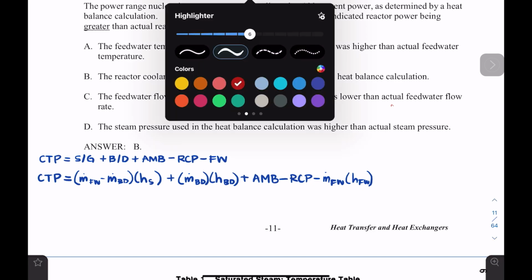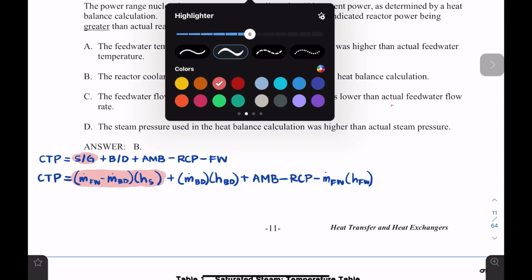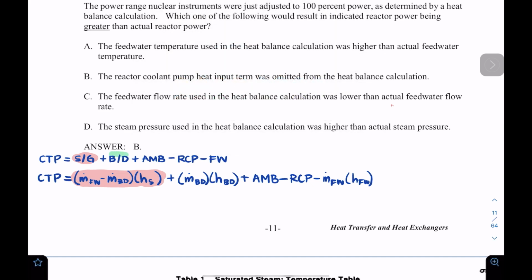So I'm just gonna mark here what goes with what. So this is from the steam generator. This is what we're considering. We're using mass flow rate from the feed water and the blow down and the enthalpy of the steam. For the blow down, we have the mass flow rate and the enthalpy of the blow down. We have the